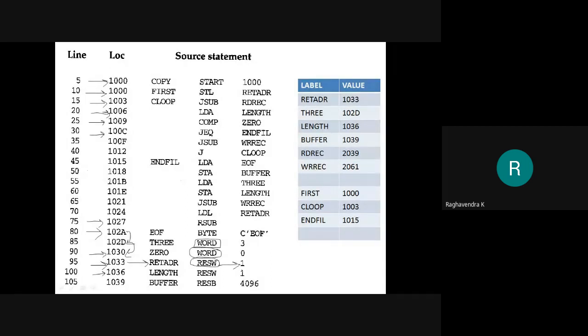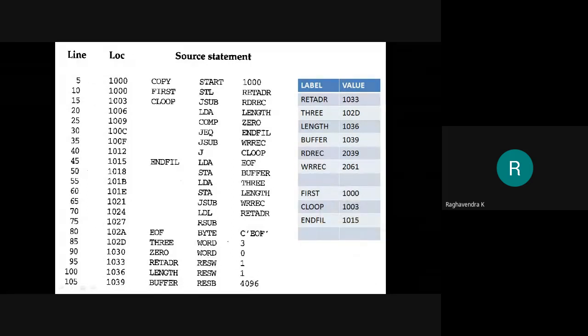Now for example, if this was not 1, if this was 2, right? So the instruction is return address reserve word 2. So 2 words we are supposed to reserve. So how much is 2 words? 6 bytes, so 3 plus 3. So we have to add 6 to this. So in that case, this would have become 9. Got it?